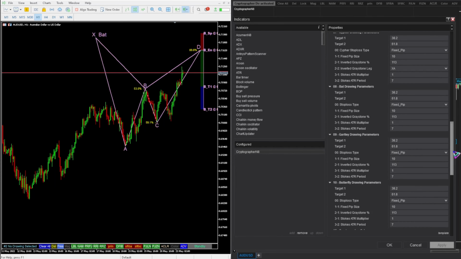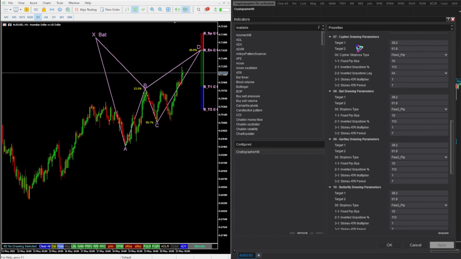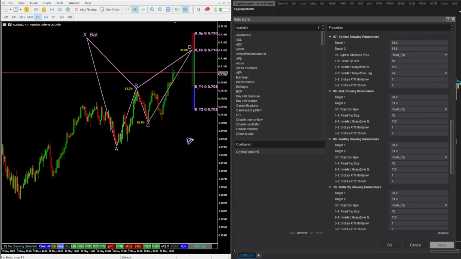These are little technical details for how they are displayed for valid patterns once they're completely drawn. So your target 1 is measured at the 38%, and then the target 2 is measured at the 618. The stop loss type projection can be changed. Right now this is set to a fixed pip of 10 pips. If you change that to the inverted graystone, it does 113% projection, which is going to be above the X point,